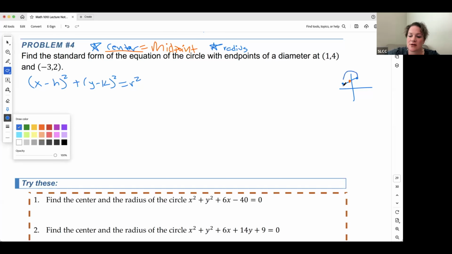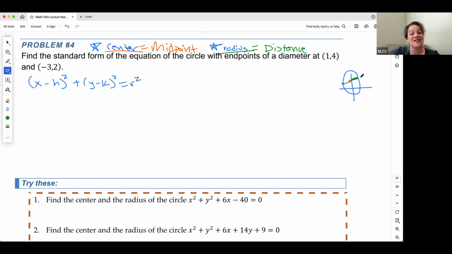What else do I need? If we draw our circle, the diameter cuts right through the middle. So the middle of that will be the center. And then what else do we know? Well, we need to find the radius. What do we know about the radius? It's half the distance of the diameter. We need the distance formula. So we'll use the distance formula to find the diameter, and then we'll divide that by 2